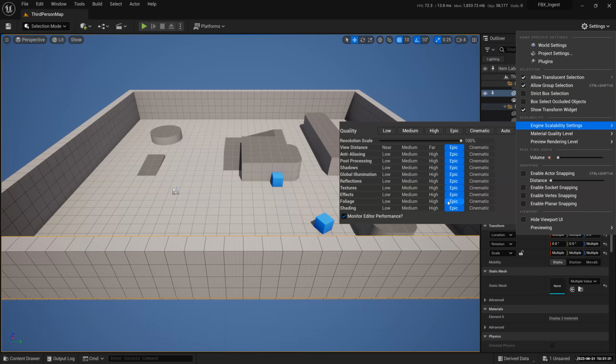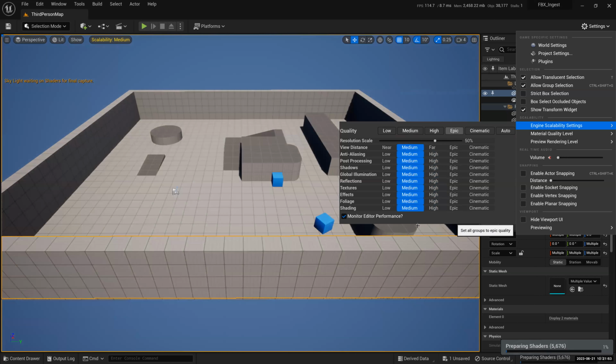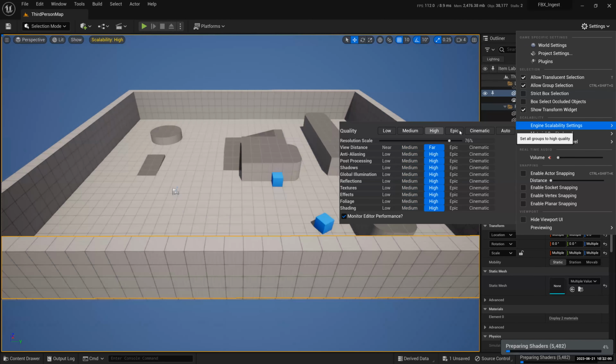At the moment, mine is under Epic, all of them. If you want the best result, of course, you can click on Cinematic. But if you don't have an RTX card, I suggest you not do that. Your system will crash. If you have any issue, you can go down to high or medium or low. Of course, you will lose certain features. Sometimes it takes a couple of seconds to switch. It's just detecting your system, and usually if I click on auto, it goes to Epic.